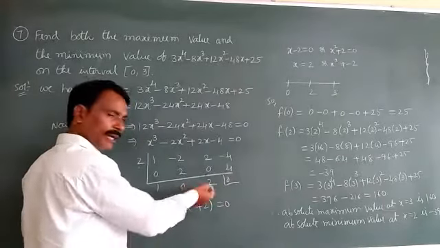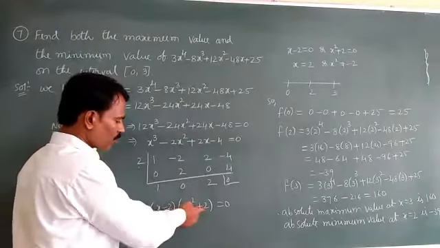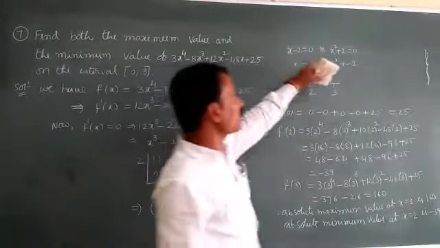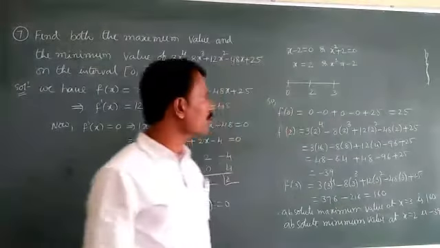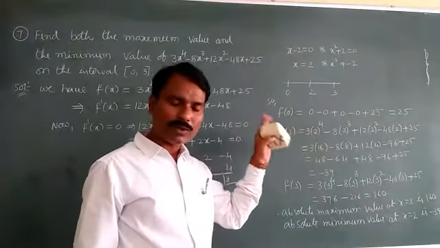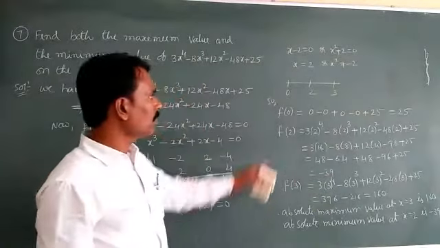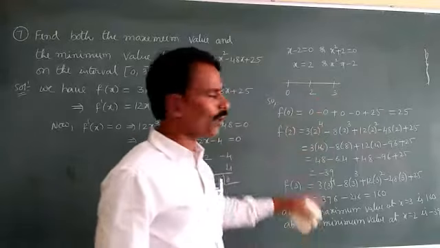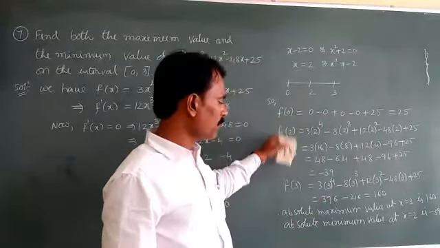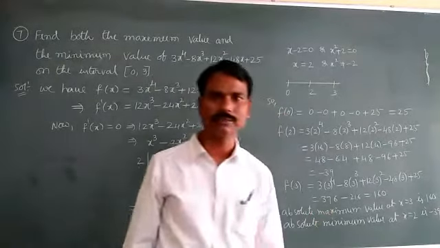So finally this becomes a quadratic expression, x minus 2 and x square plus 2. By multiplying these two we get the same condition. So x minus 2 equal to 0 or x square plus 2 equal to 0, which means x is equal to 2, or x square equal to minus 2. A perfect square should not equal a negative number. So 0, 2, 3 are the critical points. Calculate f of 0, f of 2, f of 3. By observing these 3 values, the maximum value is at x equal to 3, and the minimum value at 2. This is the answer. Okay, good, done.